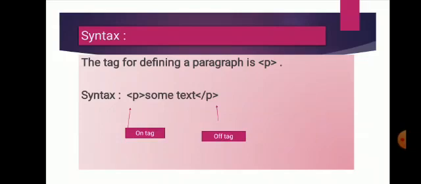Then with the help of this backslash, this refers to the off tag. On tag means you are starting your paragraph, the text you have written, and when you use the off tag, that is with backslash P, it will close the text. Clear?